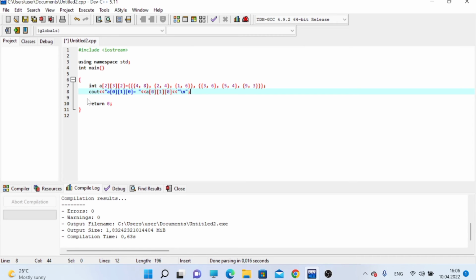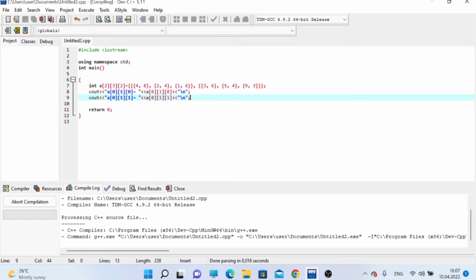For example: #include <iostream>, using namespace std; void main, int a[2][3][2] with values 4, 8, 2, 4, 1, 6 and 3, 6, 5, 4, 9, 3. cout a[0][1][0] equal a[0][1][0]\n. cout a[0][1][1] equal a[0][1][1]\n. And the output: a[0][1][0] equal 2,